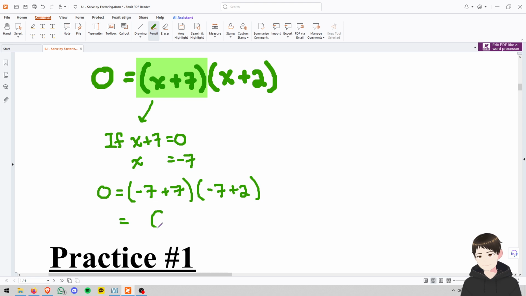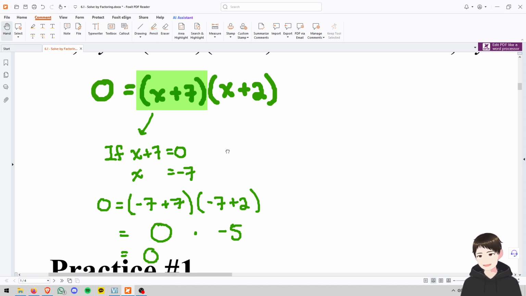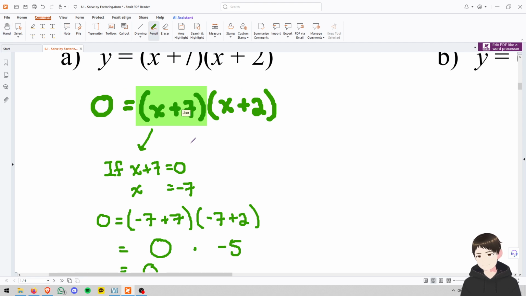We've got 0 times -5. But do I care what that is? No, because I know it's going to equal 0. So x equals -7 is an x-intercept. So let me put it in big letters. If x equals -7, my y value becomes 0. It's an x-intercept. Yay. And you get that just from looking at a binomial and setting it to